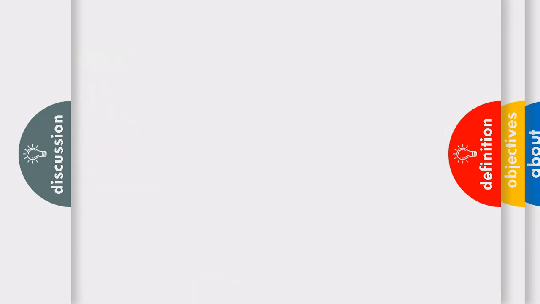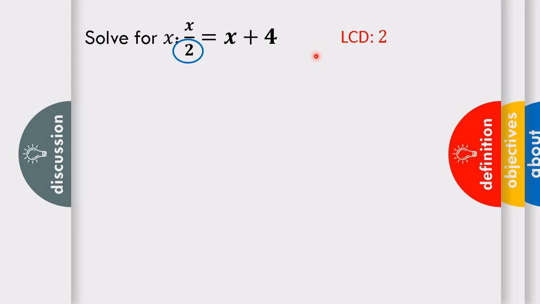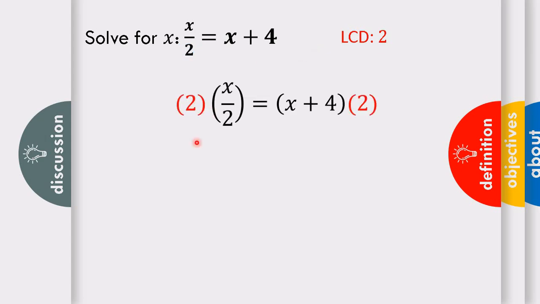So let's solve the rational equation. Example number 1. Solve for x in the rational equation x/2 is equal to x plus 4. So first thing to do is to find the LCD. In this case, the LCD is 2. Next, we must multiply 2 to both sides of the equation. It will become 2 times x/2 is equal to (x plus 4) times 2. So 2 times x over 2, cancel 2,